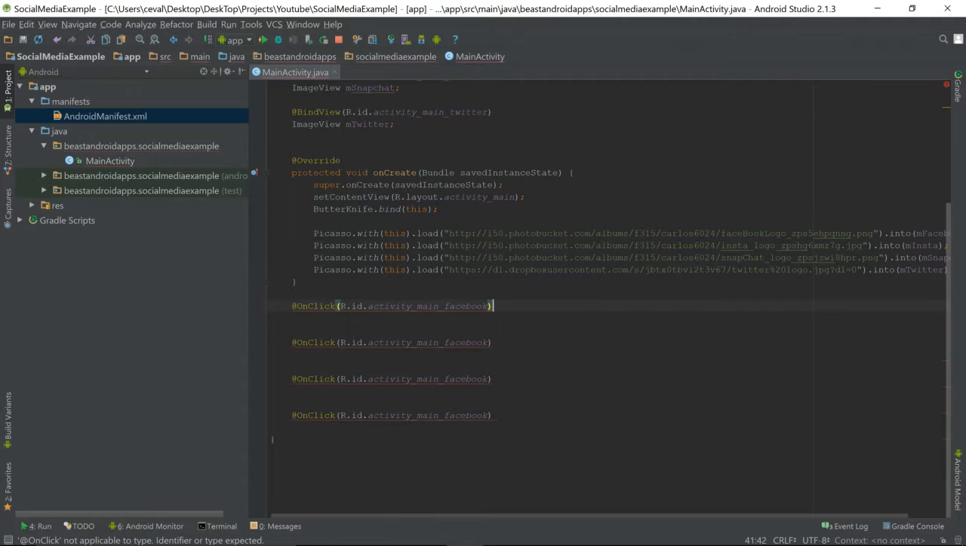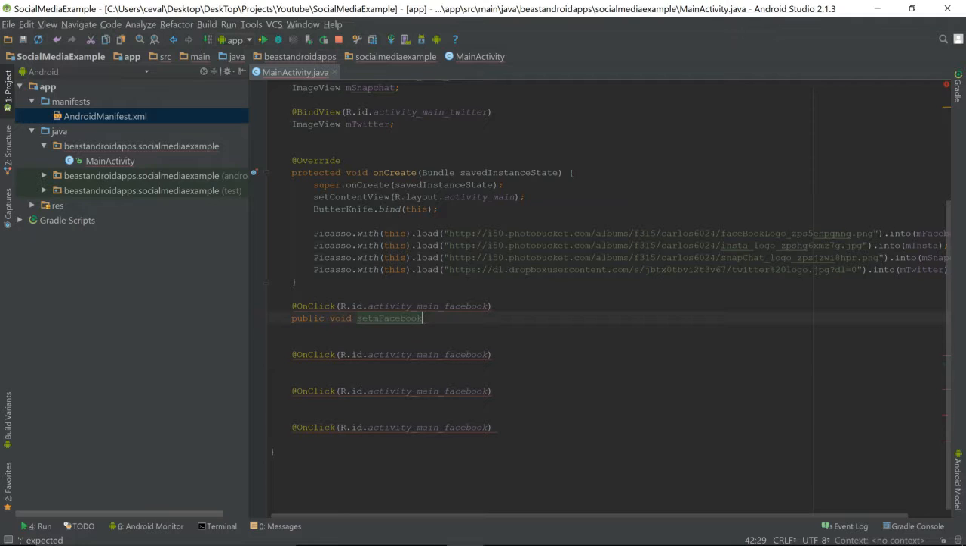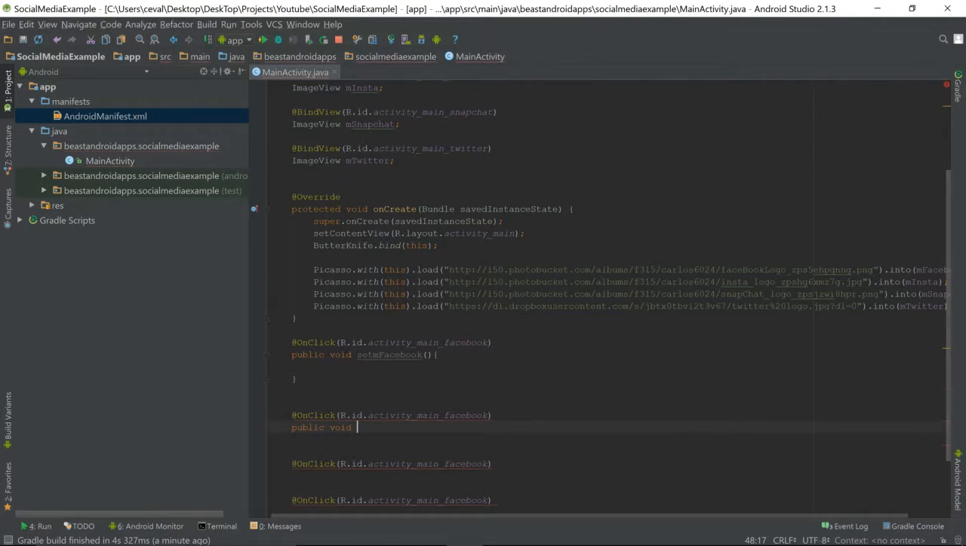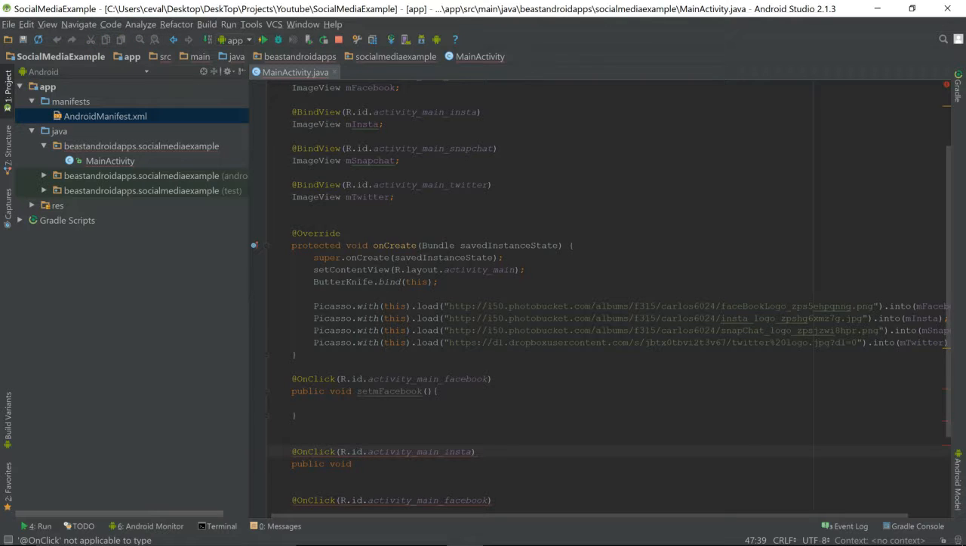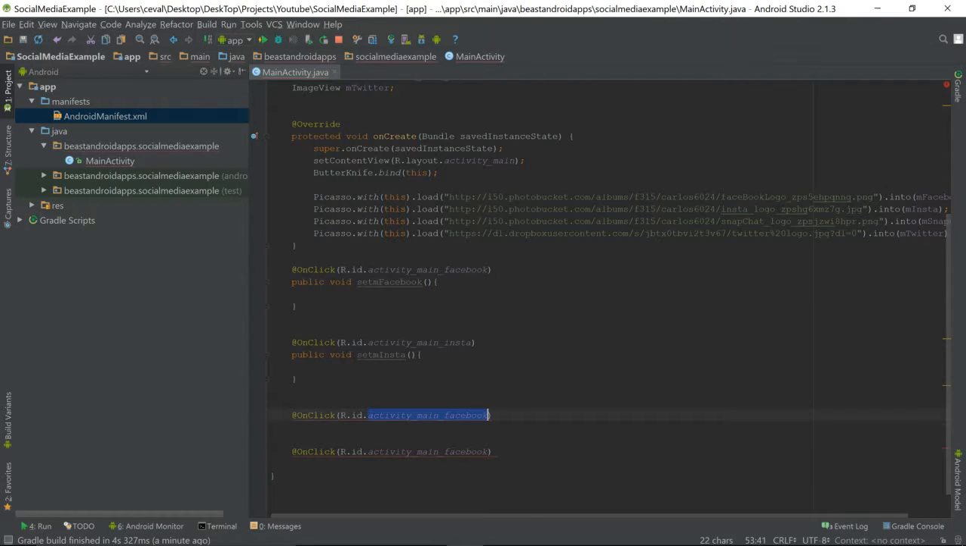Okay, so here's Facebook. This is pretty much going to be a method, so let's name it public void. Let's just say setFacebook, that's fine. And we just do one of these, and there we go. So now here, first let's change this ID. The next one, let's just do is Instagram, Insta. There we go, so public void, and this will say setInsta, looks good. Okay, looks good. So now we just need this one, which will be